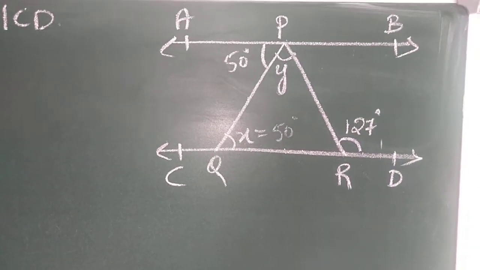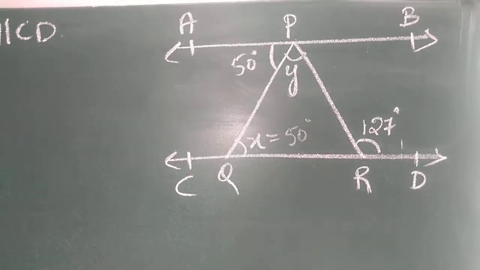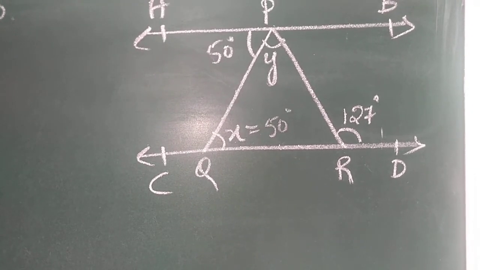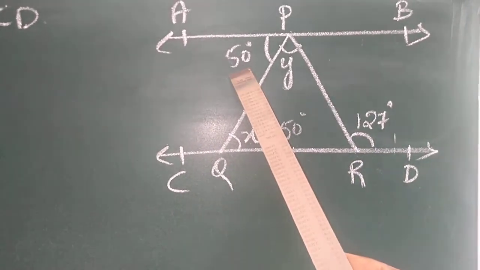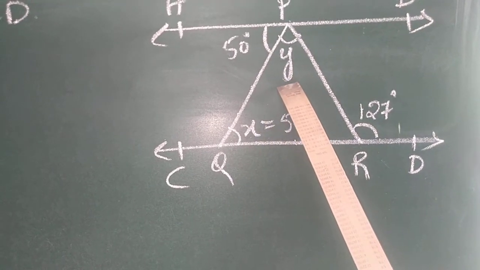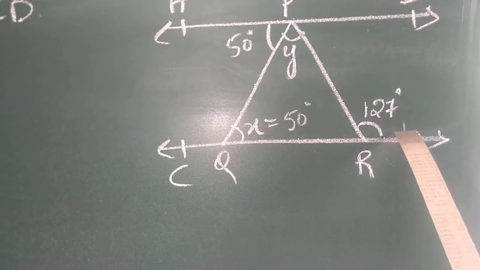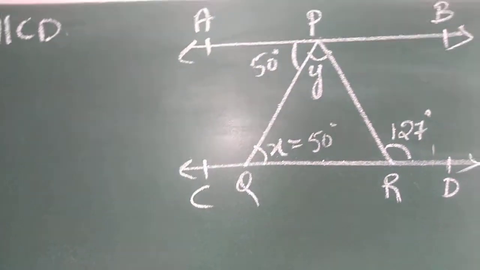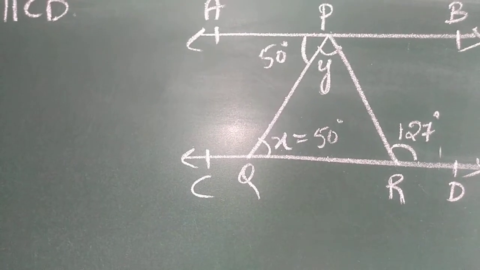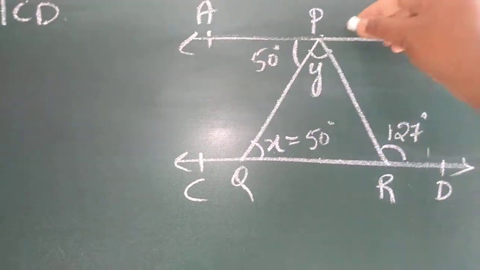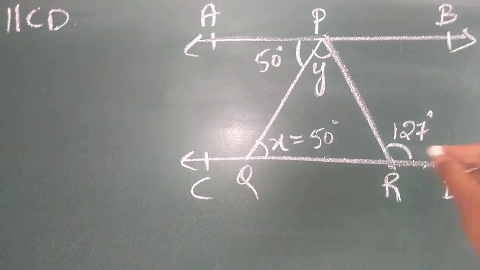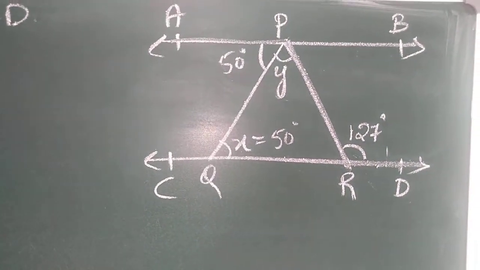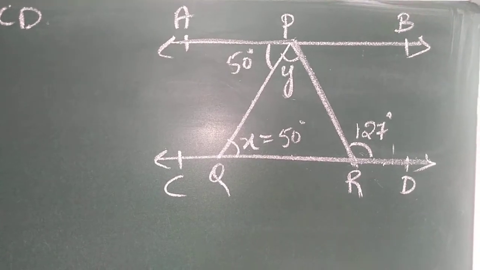But coming to Y, can you observe one more Z shape here, so that angle Y is also a combination of 50 degree and Y together becomes an alternate angle for 127 degree. Observe the Z shape from here to here. See children, the Z shape begins from here to here. So 127 degree is the sum of 50 degree and Y. Hence Y equal to 127 minus 50. The same thing I am going to write now.